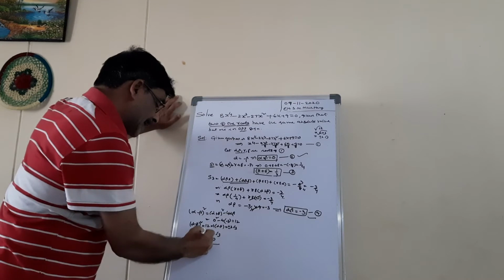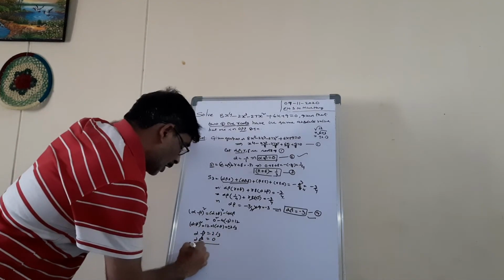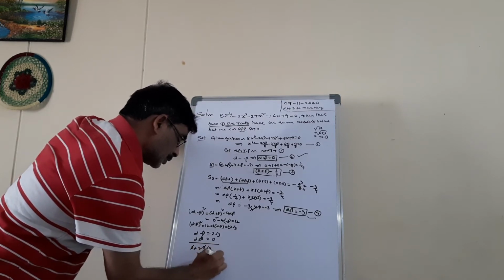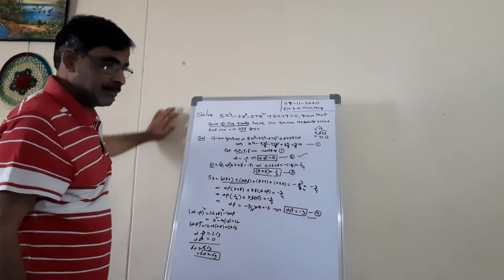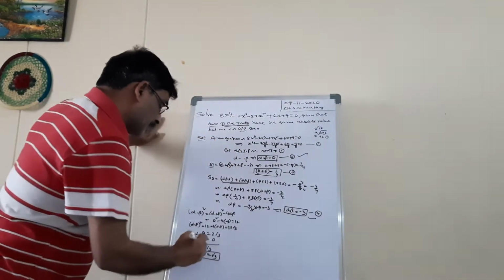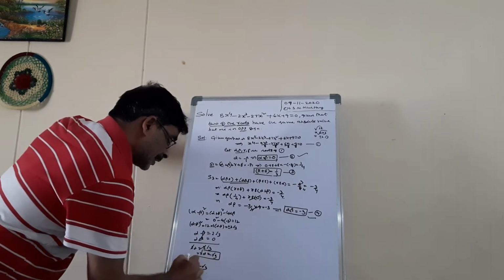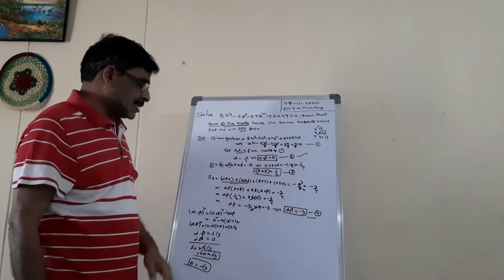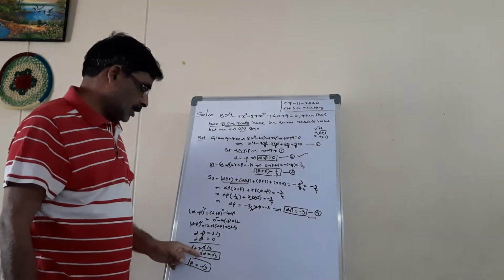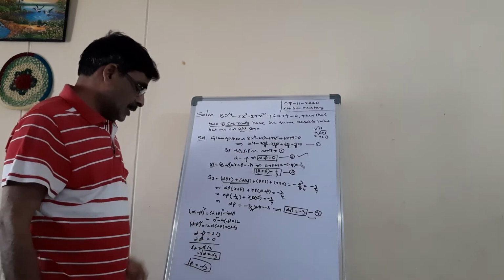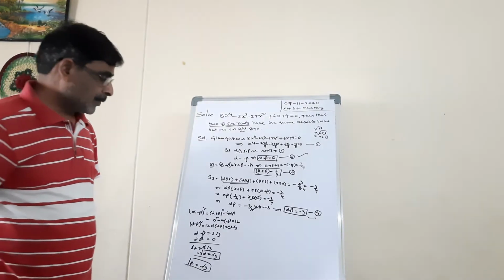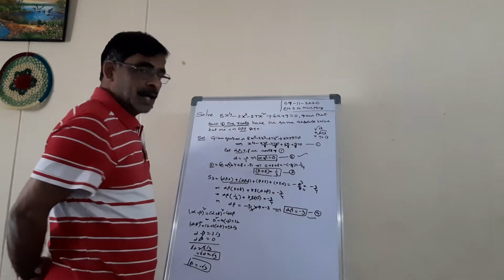Now adding means these two will be cancelled here. So 2 alpha equal to 2 root 3 implies alpha equal to root 3. Alpha value we have root 3. But alpha equal to minus beta, so we can write beta equal to minus root 3. With this condition, or you substitute in the alpha plus beta equal to 0 equation, we can get the value of alpha. So now we have root 3 and minus root 3 as two roots of this equation. So we have to find 2 more roots.